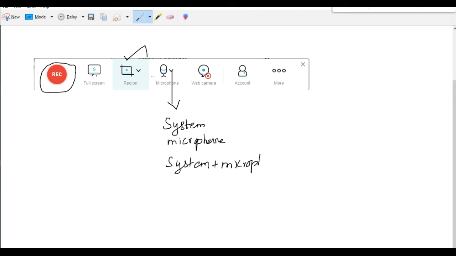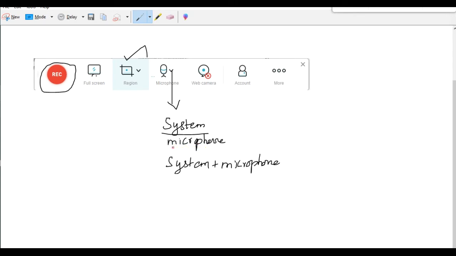What these options are about is this: only if you want to record the system sound. For example, you're going to play a video through the system's speaker that you want to record as a continuation of your class recording, then you can use the system sound. Suppose you have a slide that you're going to talk about, then please always use your microphone, an external microphone, which will give your audience clear audibility.